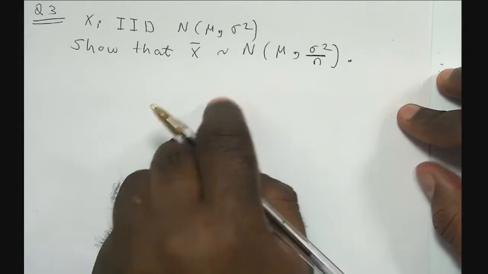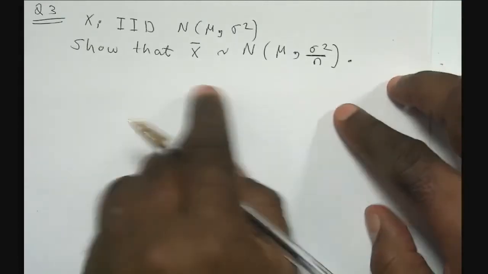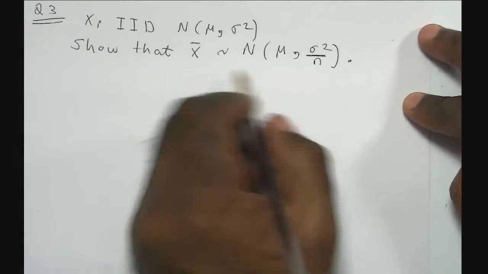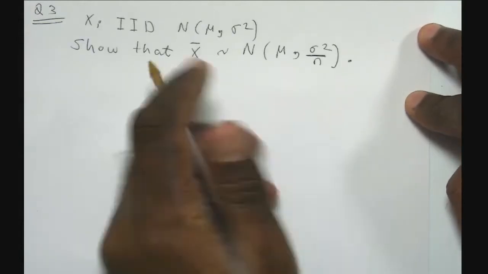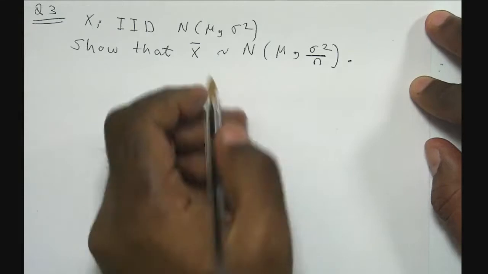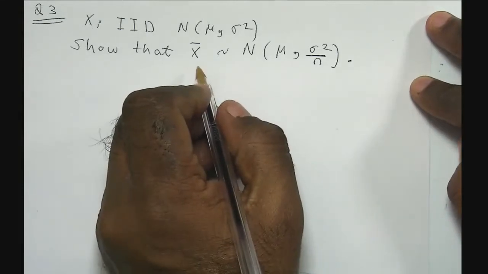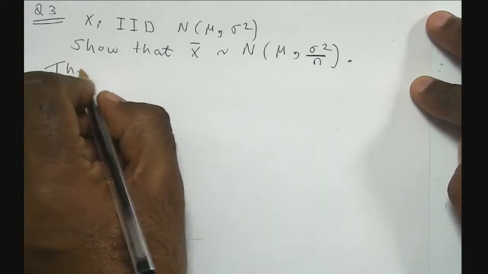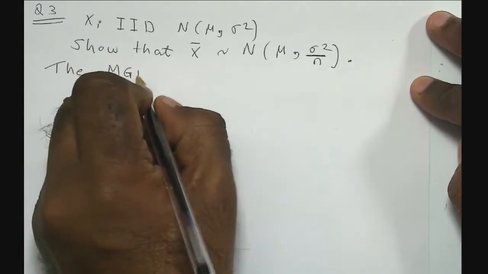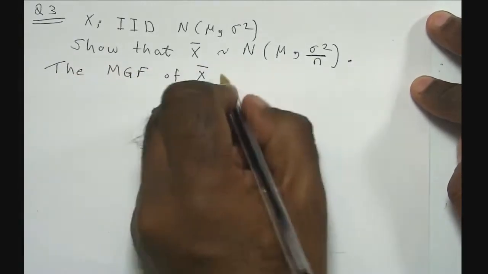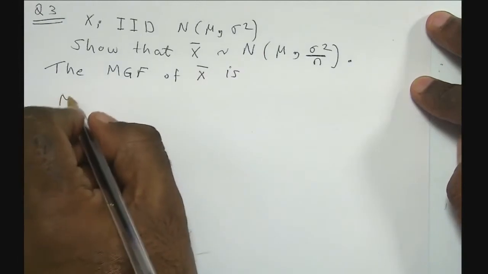So I know many of you have done this, but let me show you. If you haven't done this, let me show you how to do it. This is very similar to question 2, so you use the same approach. You start with the left-hand side, which is x bar. So you find the MGF of x bar, which,